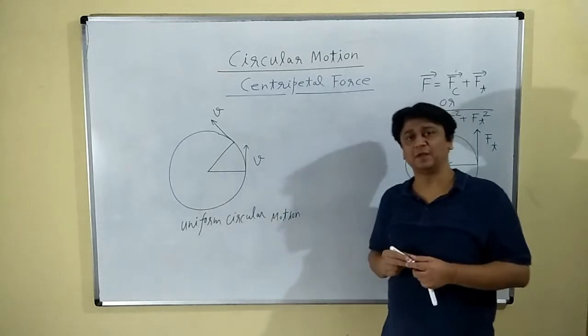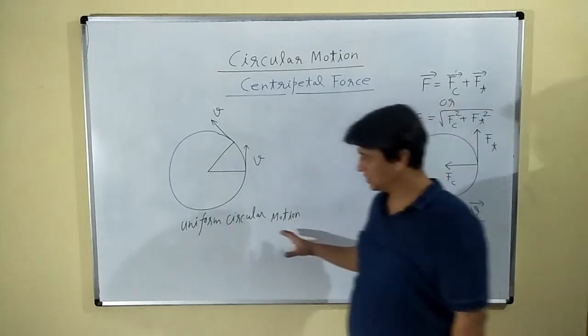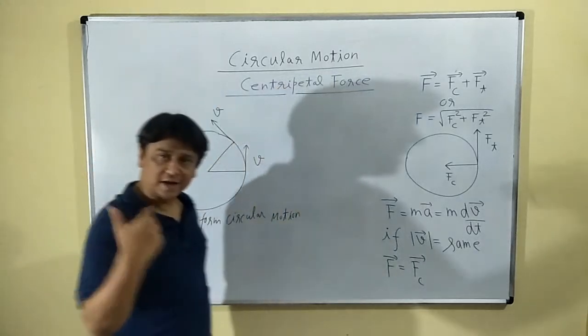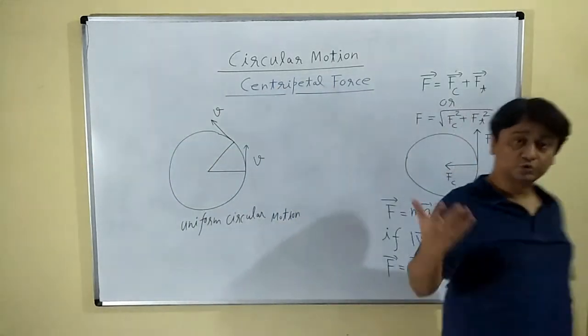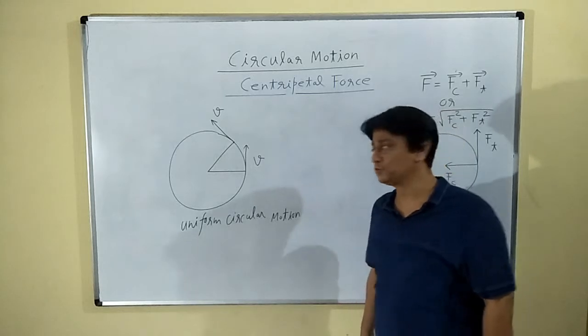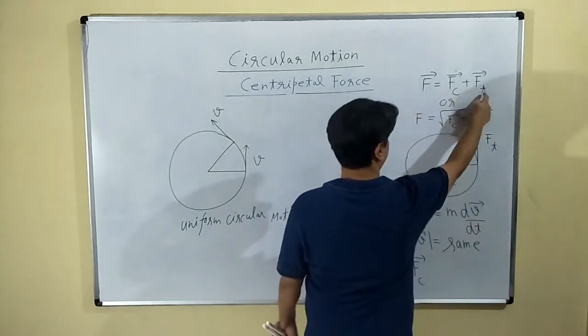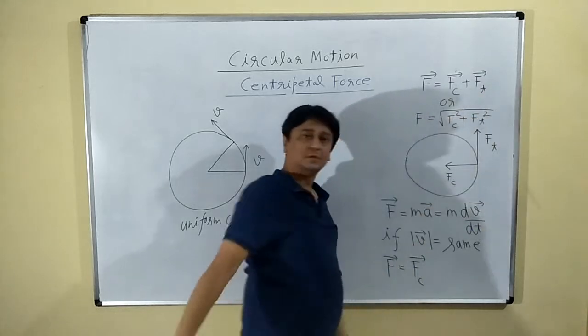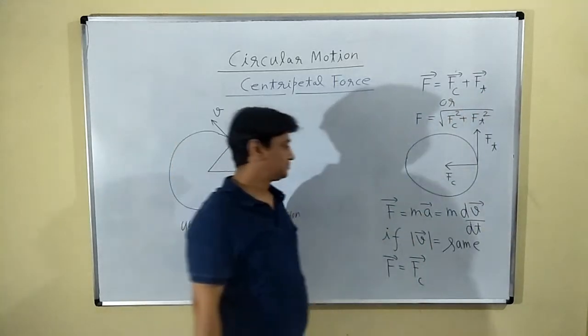Whatever result we develop for centripetal force with the help of this uniform circular motion, you can directly use that result in non-uniform circular motion. You just need to superimpose Ft over Fc in vector form. We'll see that. अभी के लिए